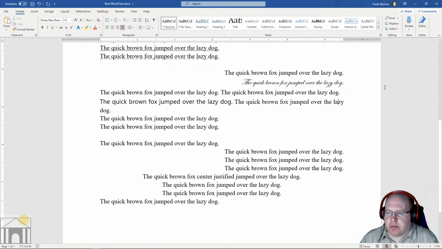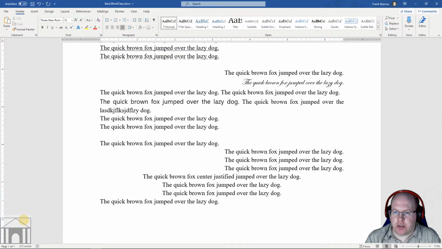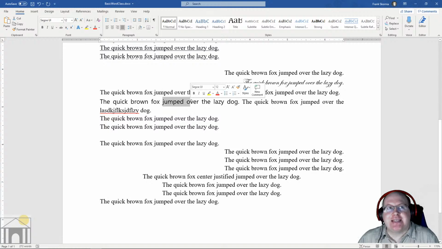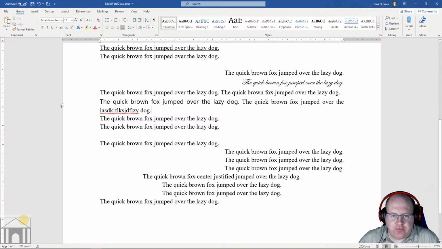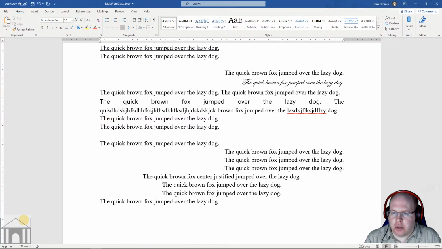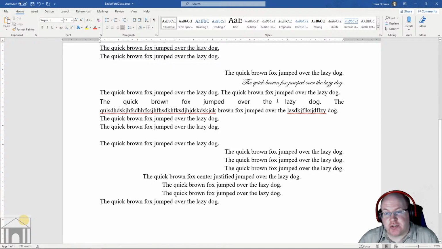Now, if I make this a really long word, now because I've lost words, see how the space, this is still one space in between there, but it makes it larger because it's trying to fill up the whole line from the left all the way to the right. If I go in and make it even longer, there we go. So now this line just has very few words, so it has very big spaces. So this is what happens sometimes with full justification, if you use it unwisely,